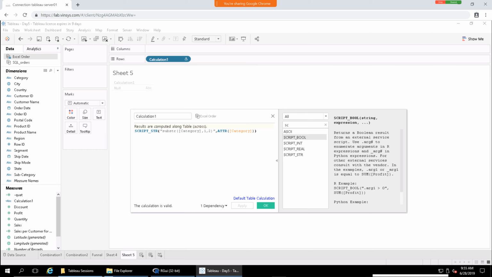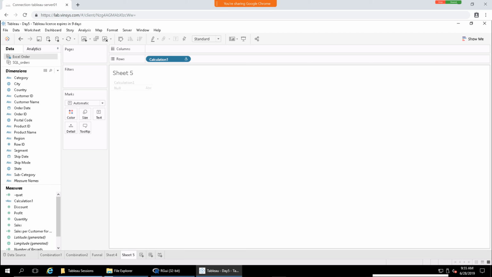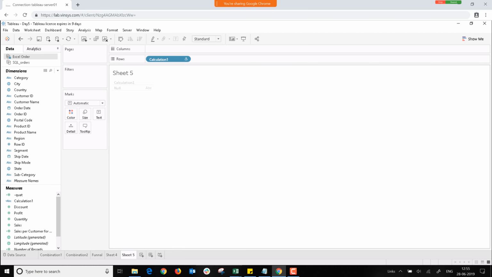Mm-hmm. Yeah, actually, I myself have not worked on R and Python, only the connectivity part and using this script that can be done. So okay, and